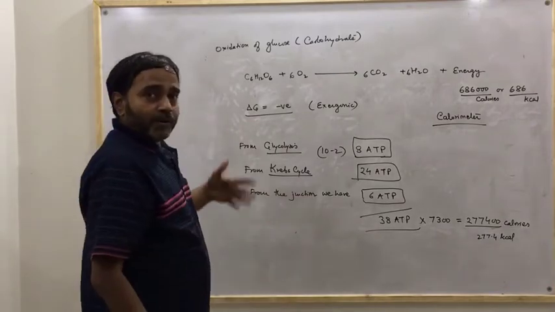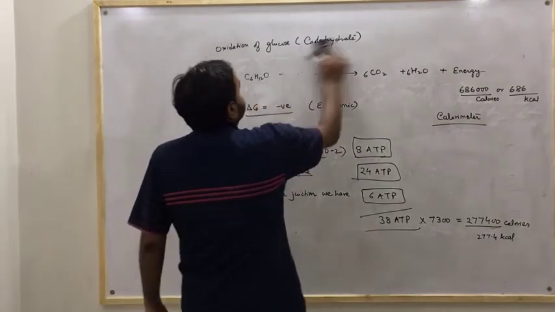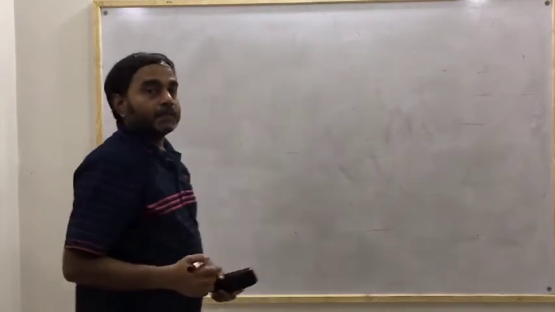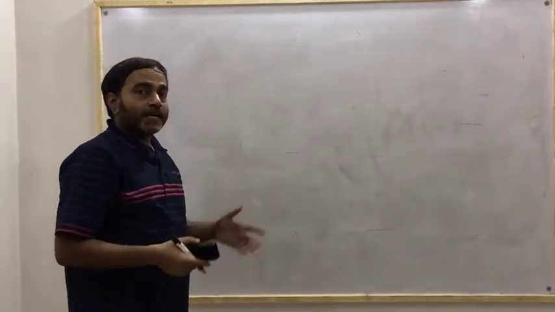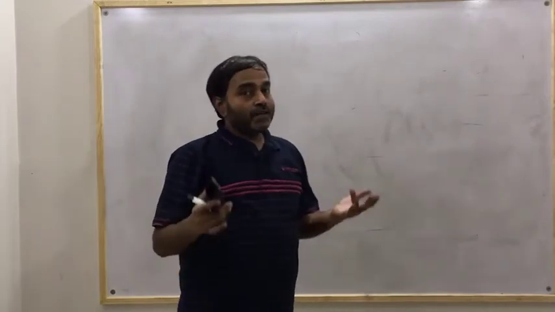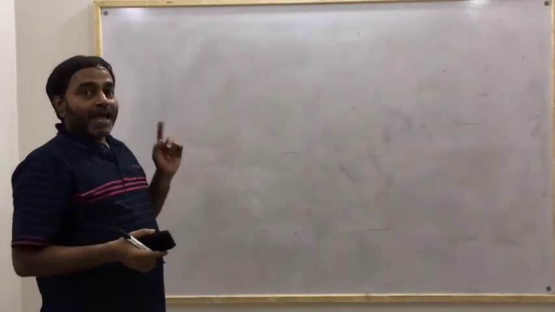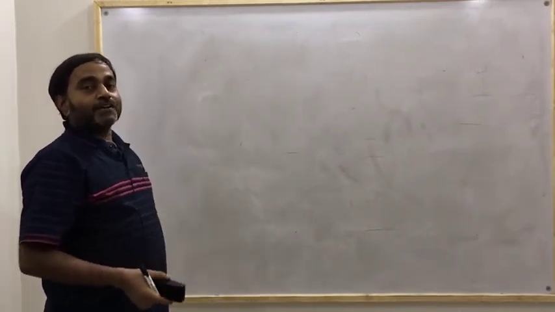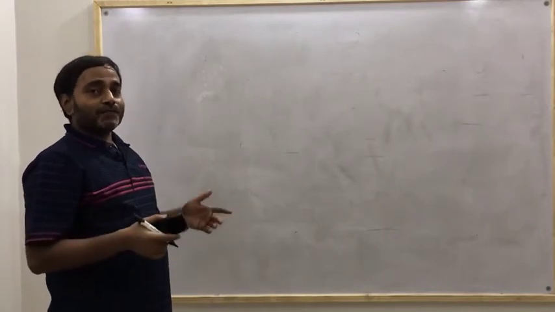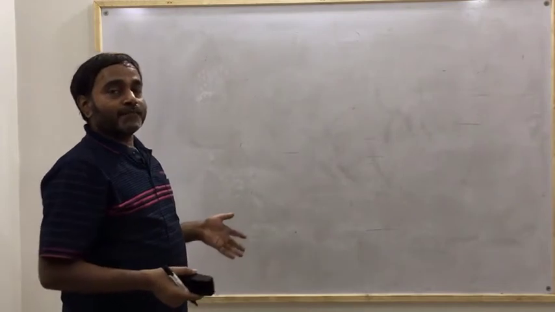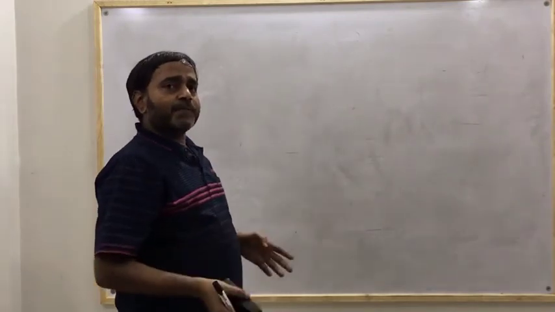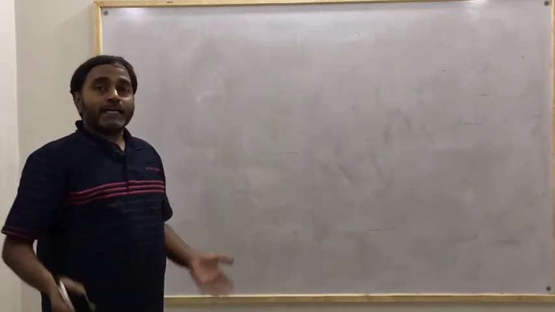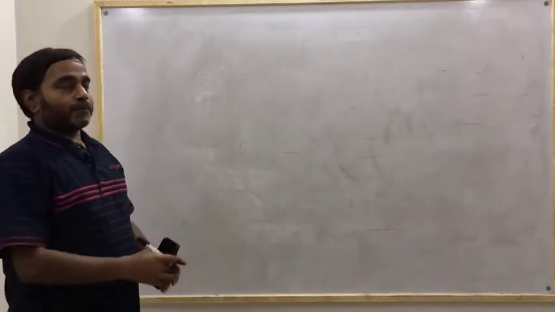Now we will see the other fact about it, that is regarding the Krebs cycle. We already have seen how energy is calculated. We must know the particular fact about the Krebs cycle, that the process is called an amphibolic process. The process of respiration occurring for the oxidation of glucose, or you can say the different pathways involved in that, may be of catabolic type or of anabolic type. So together or collectively these processes are called an amphibolic process.